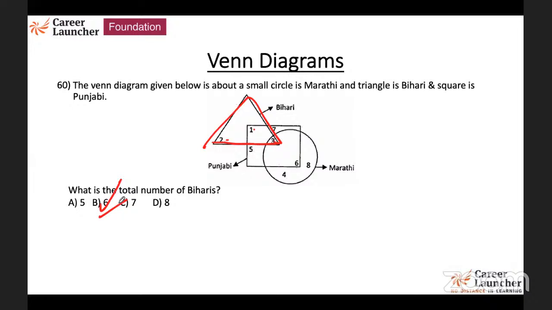Very clearly, this is easy for a lot of you. This is 2 plus 1 plus 3. That's what we need to look at. You know, this plus this plus this. Therefore, the answer is 6.